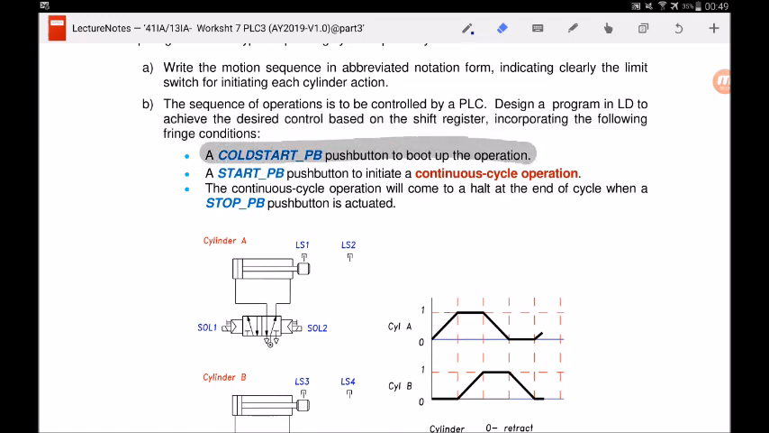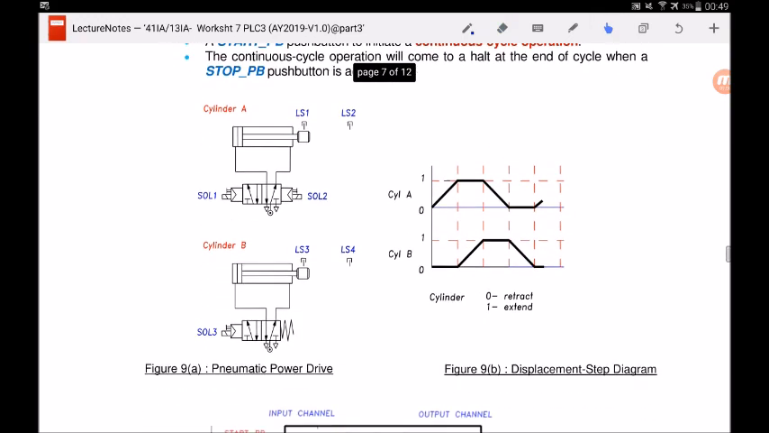A cold start PB is used to prime the operation or boot up the operation. A start PB is used to initiate a continuous cycle. You can see that in this particular case study, they mentioned continuous cycle. In the previous case study, we have been doing single cycle. Then they also mentioned that the continuous cycle will come to a halt at the end of the cycle when you press the stop PB. Okay, so now with this,